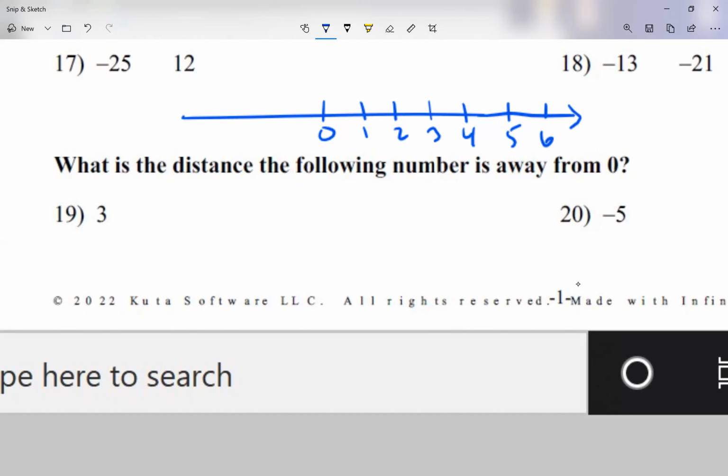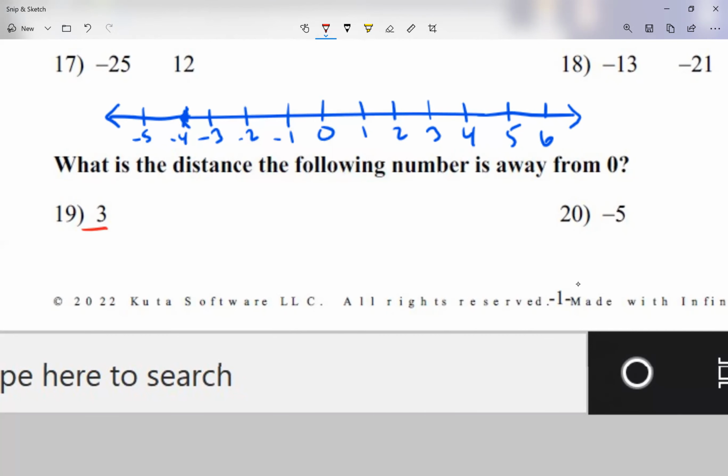Now to the left of zero, we have the negatives. We have -1, -2, -3, and then goes to the far left. Actually, let me go a little bit more. -4, -5, and so on. Okay, so now what I mean with what is the distance, the following numbers away from zero. So if I had +3,